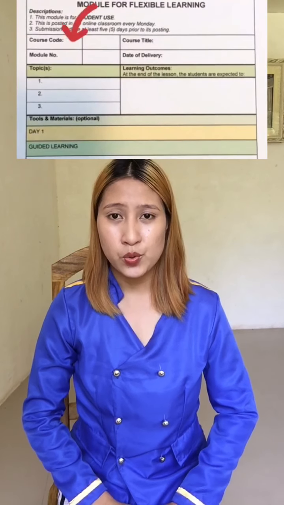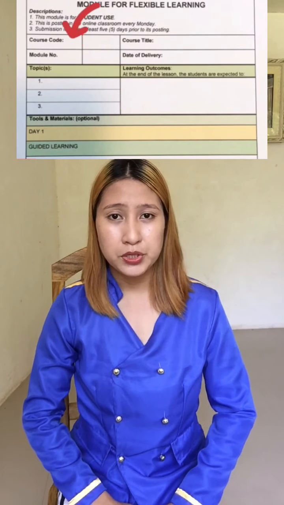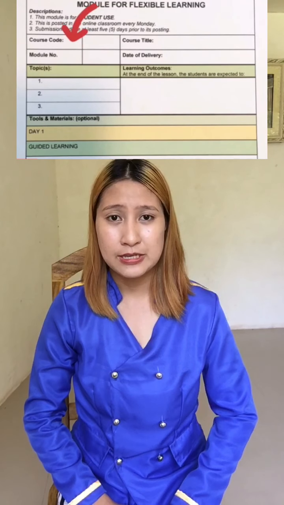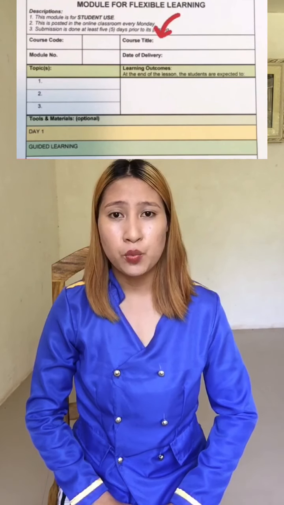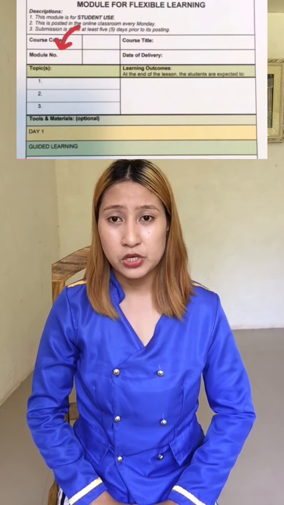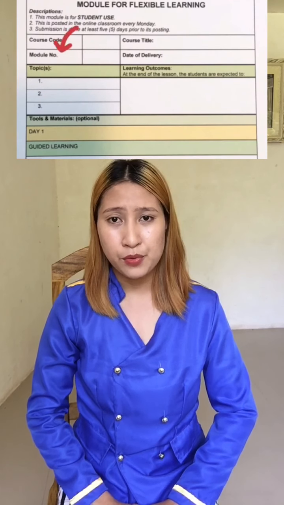So you have there the course code. Course code is an alphanumeric code that is assigned to a certain course or a subject, and it is provided to you upon completing the enrollment process during the start of the semester. And on the other side of the course code, you have there the course title, or what you call the subject title. The module number, ikapila na ba ni siya nga module sa pagkakaroon sugod sa pinaka-primero nga module nga